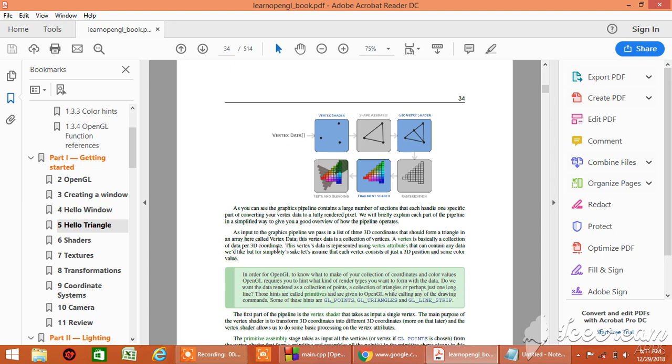Into your 20th OpenGL tutorial. So we talked about the pipeline in the previous tutorial, and I'm going to explain it right now very well